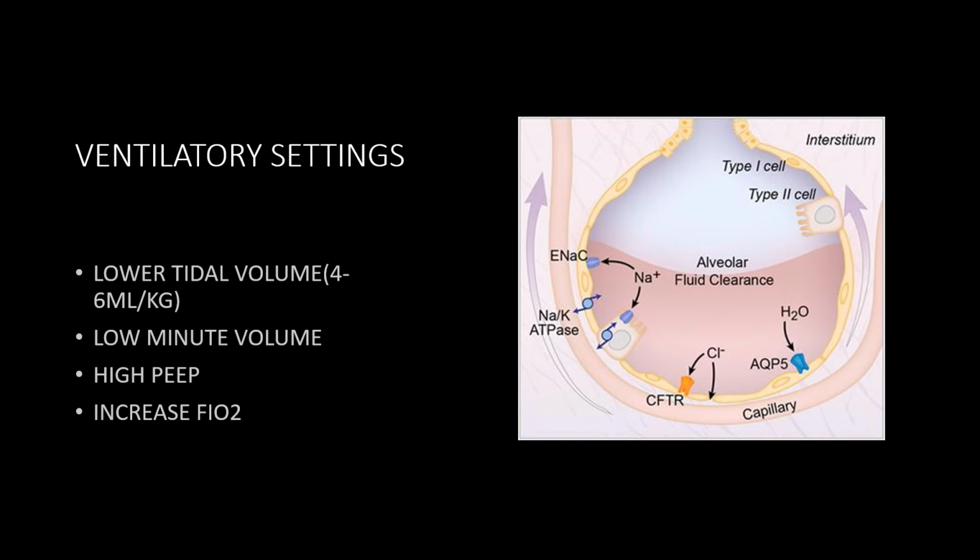We'll see the ventilator settings of an ARDS patient. We'll keep a low tidal volume, around 4 to 6 ml per kg. Tidal volume means the amount of air that we breathe in and out in a respiratory cycle. One respiratory cycle means one inhalation, breathing in, and breathing out. That is tidal volume. Normally it will be around 500 ml. Again, we will keep a low minute volume: the amount of air breathed in and out in a minute, we will keep that setting low also. Next we will see the PEEP.